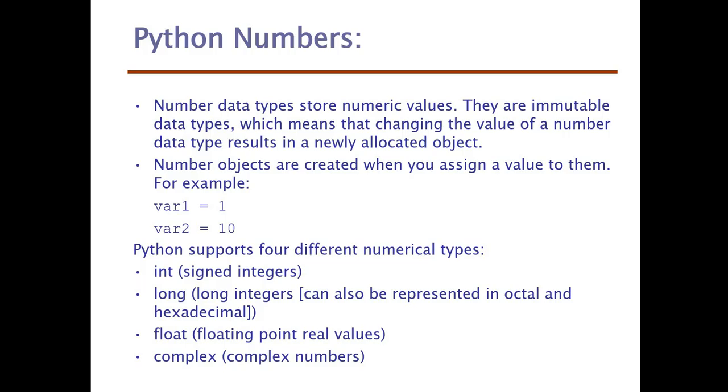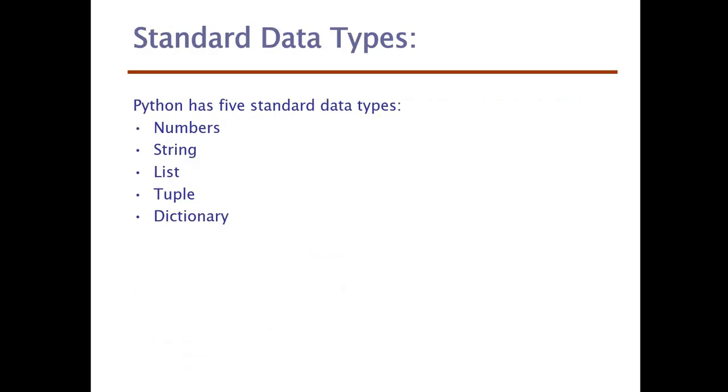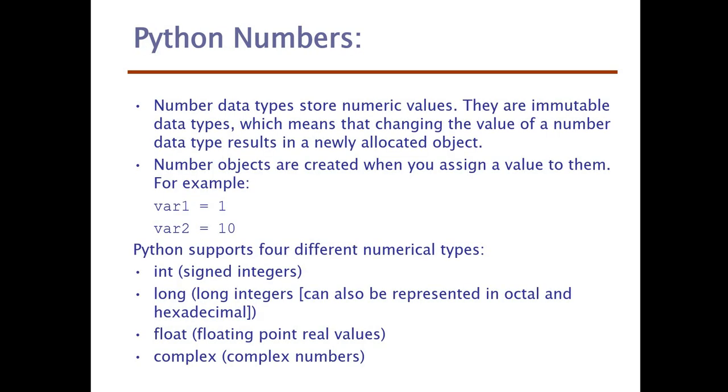So there are a number of standard or built-in data types in Python. As you can see: number, string, list, tuple, and dictionary. But numbers, or we can say numeric data types, are very important, and we have to learn and use them during programming. The number data types store numeric values. They are immutable data types, which means changing the values of a number